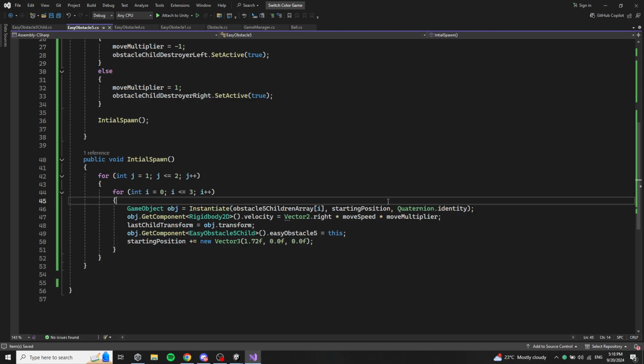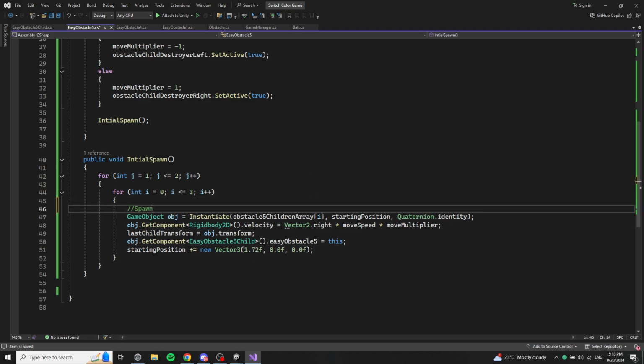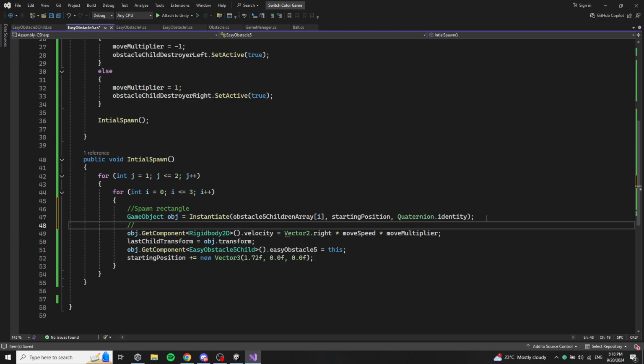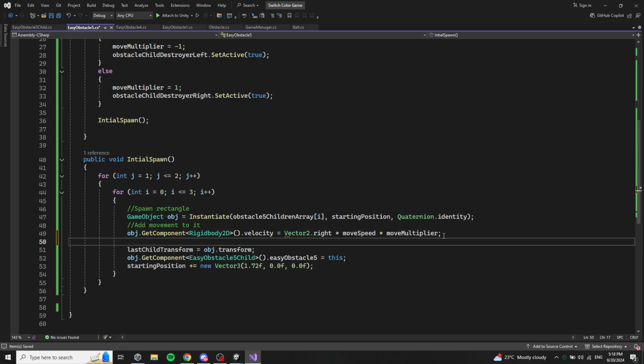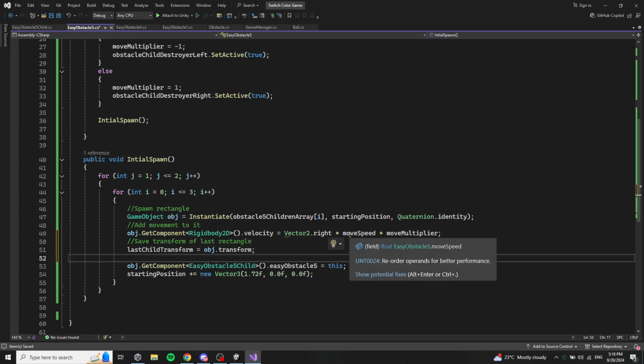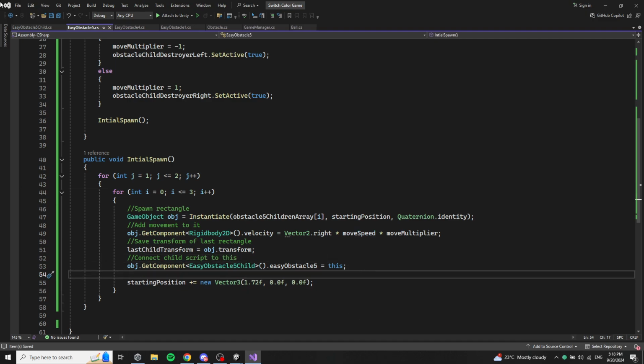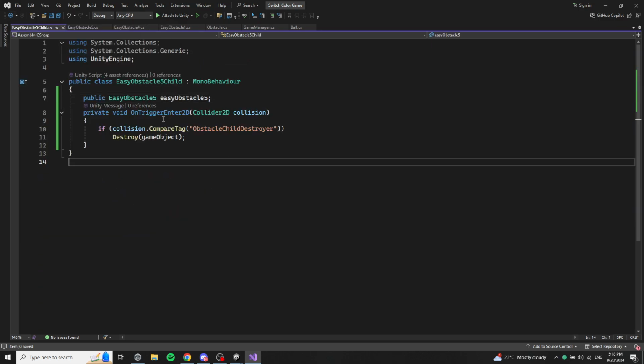So let's comment this here to spawn a rectangle. Then we add movement, save transform of last rectangle, and then connect child to this child script to this. Okay, so now that this is connected,